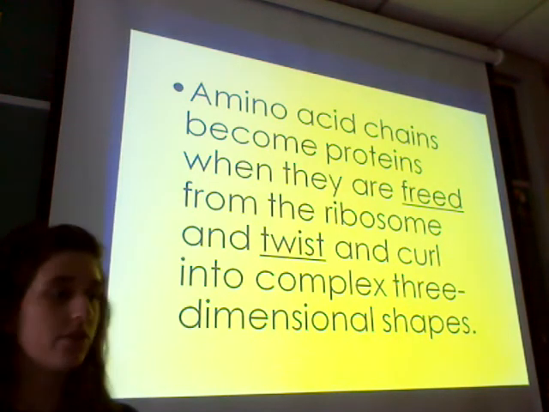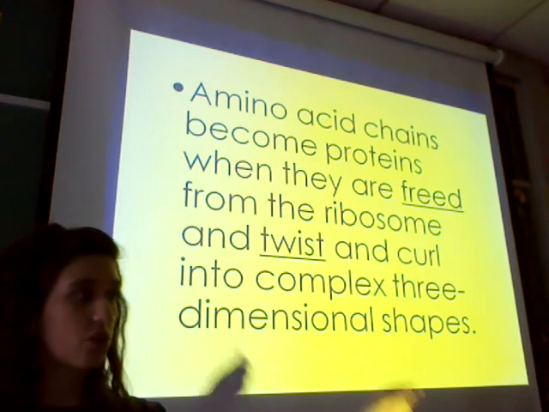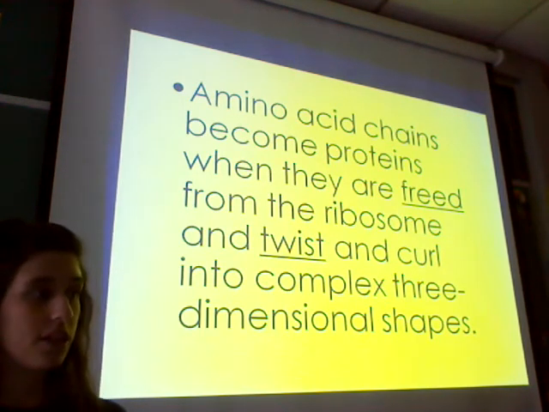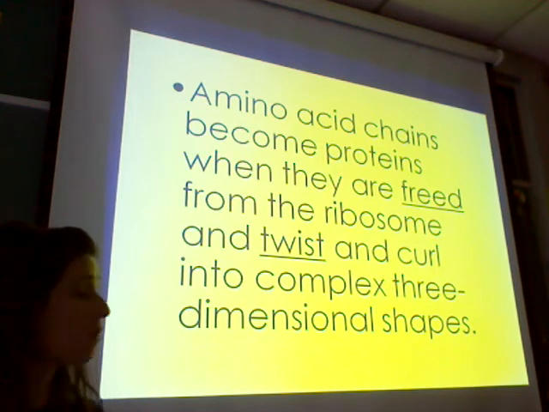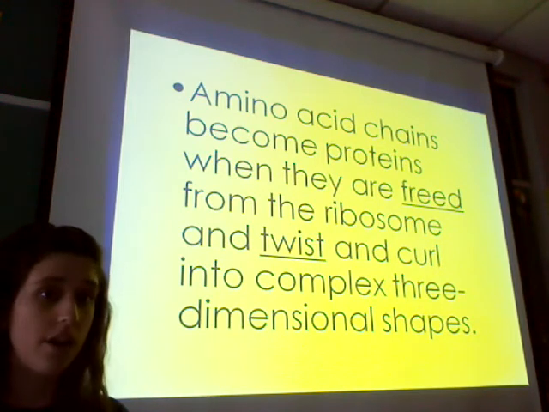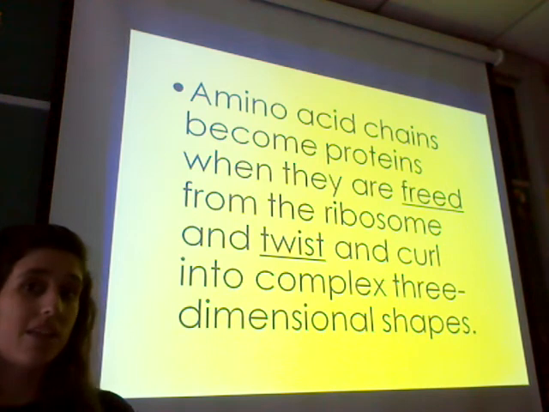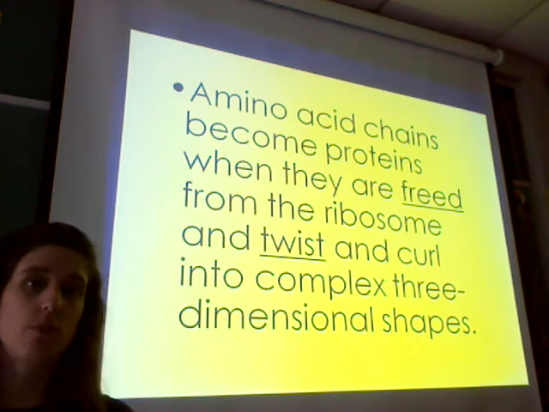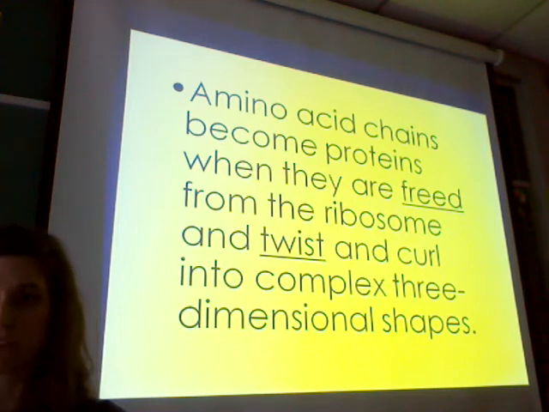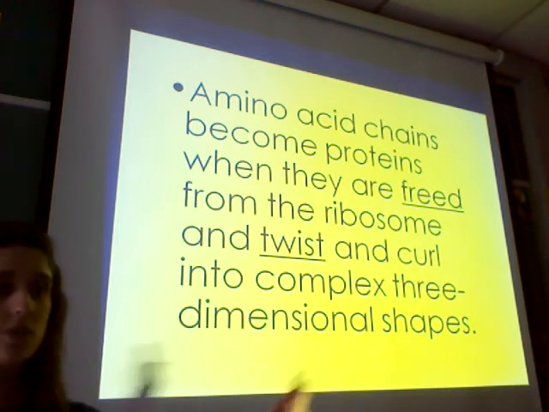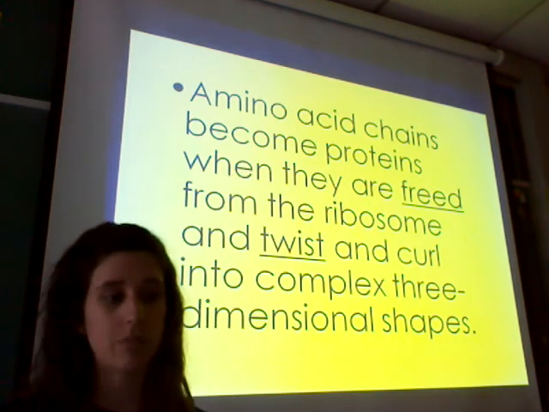If the bases are wrong in the DNA, they're going to be wrong in the mRNA. If they're wrong in the mRNA, the codon is wrong. If the codon is wrong, the wrong amino acid is brought, which means that the chain of amino acids isn't correct, so the protein could fold the wrong way. Do you guys see why it's like a chain reaction? It all starts with the DNA, but the protein ends up being incorrect,